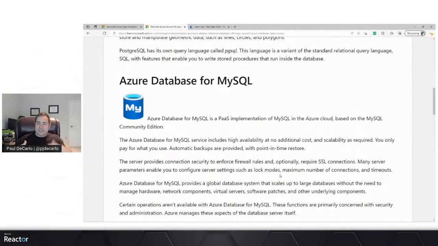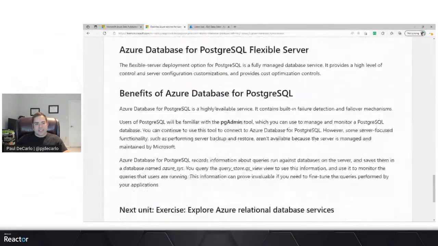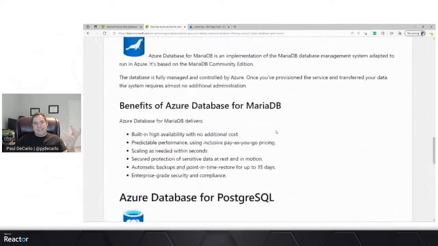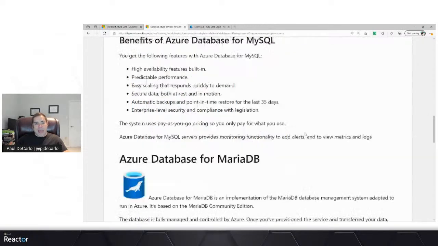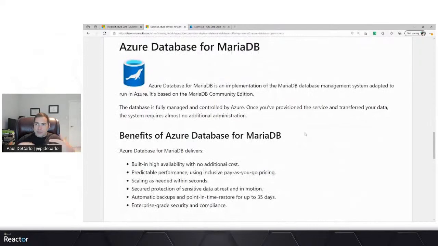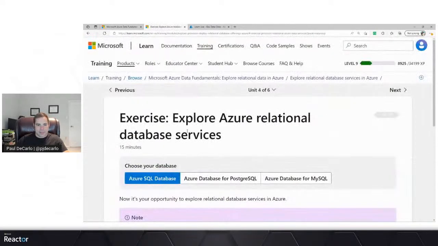So you'll notice something that starts to repeat here as we go through these. So I'm going to go through this section a little fast as well. For all of our database offerings, whether that's MySQL, MariaDB, or PostgreSQL, the benefits that we offer tend to be common across all of those. So high availability features, ability to scale and handle high performance, the ability to have automatic backups, compliance, security features, all of the bells and whistles that you would expect from a cloud-based offering or service, we apply to our open source offerings as well as the Microsoft-based MS SQL or Azure SQL offerings.